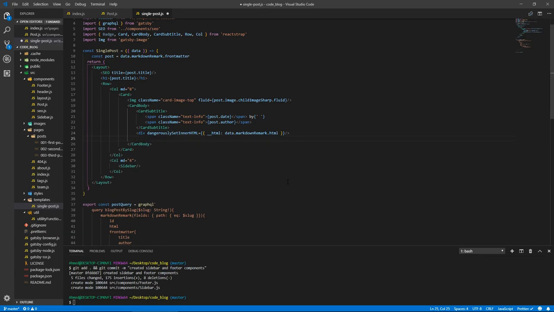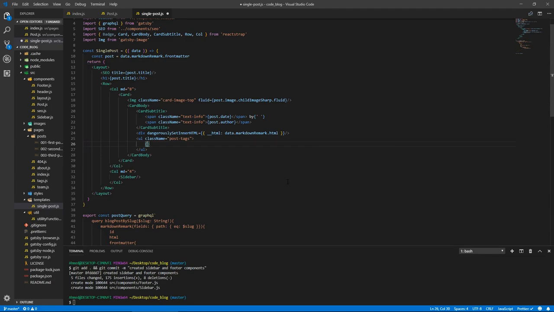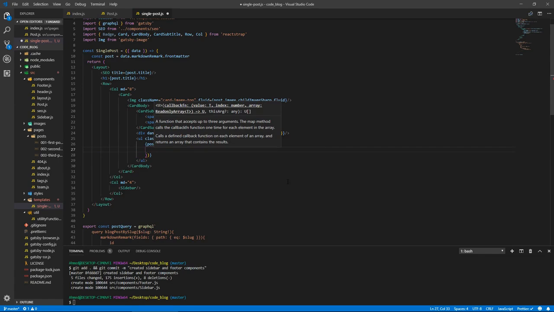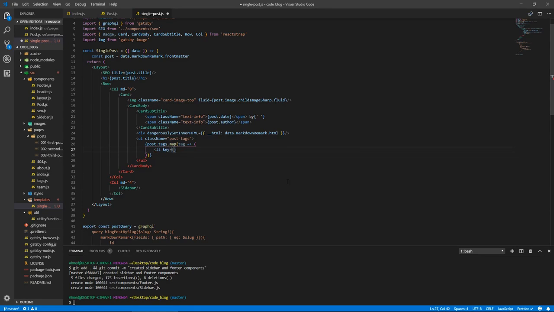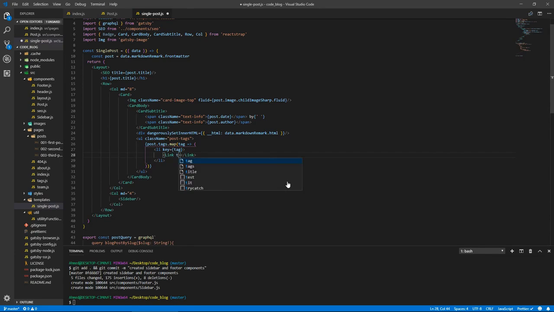Now we're going to have tags, yeah. So ul dot post tags, and again you can have a look at the Sass and understand what this post tags class does. So post dot tags dot map, and for each tag we're actually just going to return an li, and let's give the key this time of tag, and let's close this. Going to have a link to